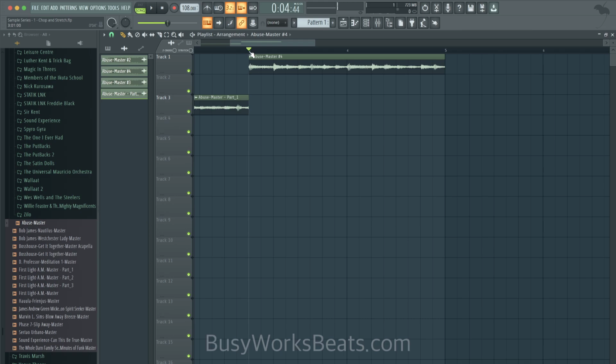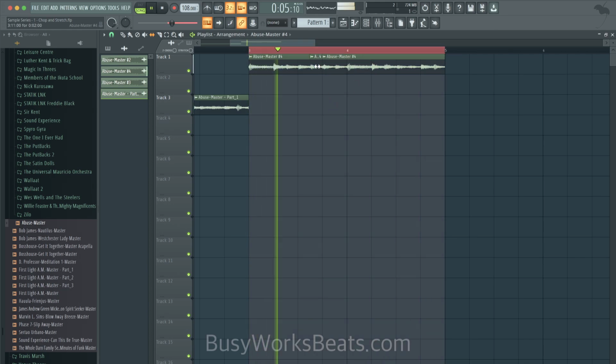Okay, so what this allows you to do, for example, is grab the slice tool and chop out that small little part, for example, with the slice tool. And my other favorite tool here is the slip tool. So I usually change my snap to a beat mode and then left click and drag the audio around, and it lets you replace the audio. So as you listen, it just adds whatever the audio's on. So that way you don't have to create chops in the piano roll. You can do it right in the playlist.